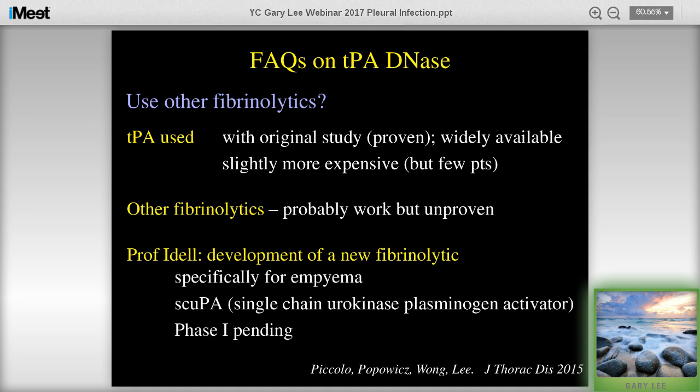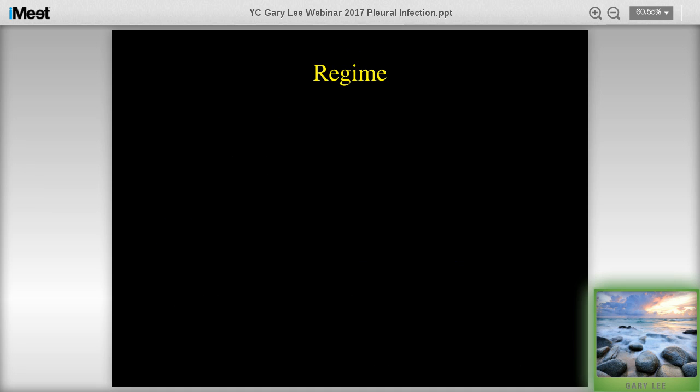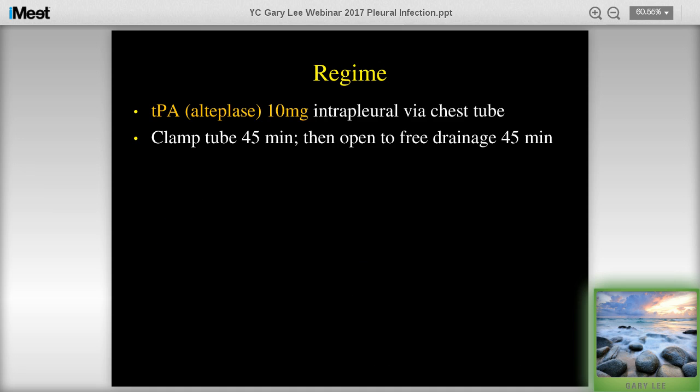Dr. Idell is developing a new fibrinolytic that's specifically used for pleural purposes and shown in animal studies to be useful. It's called single-chain urokinase plasminogen activator, and it's got an NIH grant to proceed to a phase 1 study. At the moment, what we do is stick with the New England Journal regimen, which is to